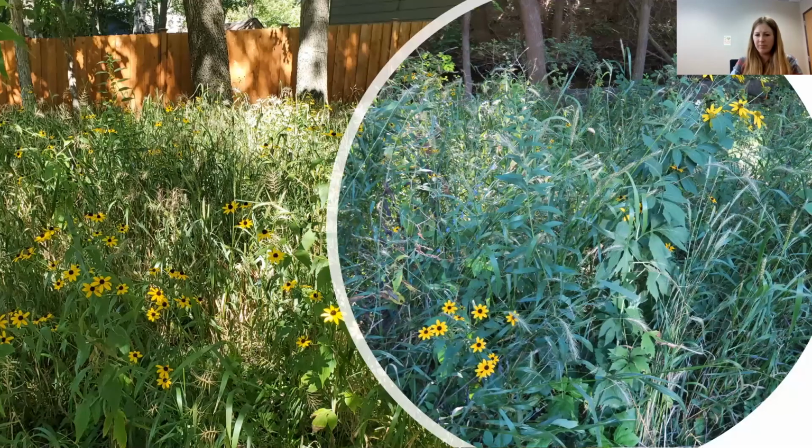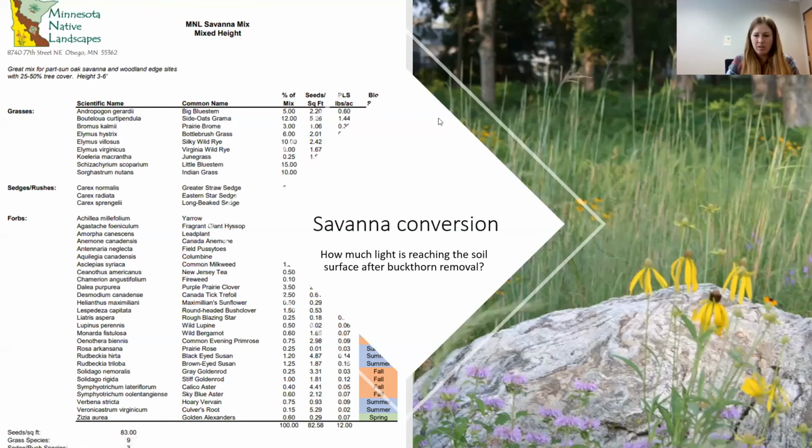These are some photos from the last couple of years of the woodland seed mix on a couple of different sites, and you can see a good amount of diversity after just a couple of growing seasons. This is the early stages of germination, just after the first couple of growing seasons. So you're not seeing the full seed mix diversity yet, but you can see some forb species and some grasses and some good cover being established. So it's helpful in reducing that buckthorn cover, ideally.